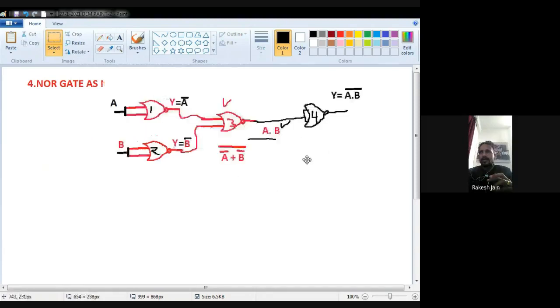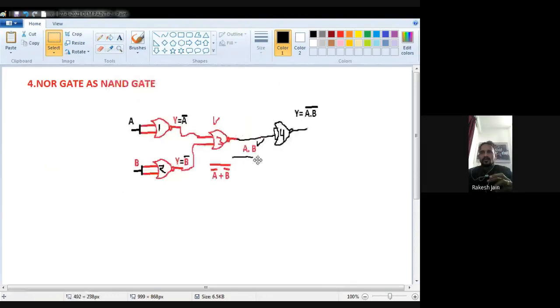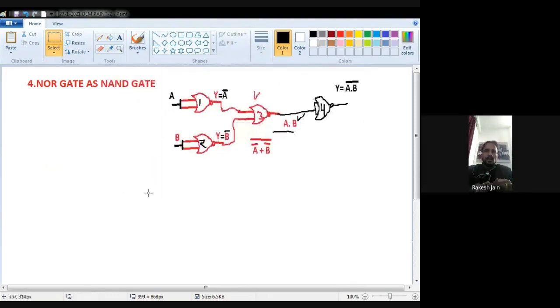Okay. Now I am going to explain, very carefully, the NOR gate. I am going to realize the NOR gate as an XNOR gate and then an XOR gate. Or first see the XOR gate and then the XNOR gate. Okay, first of all just see the NOR gate as an XOR gate.